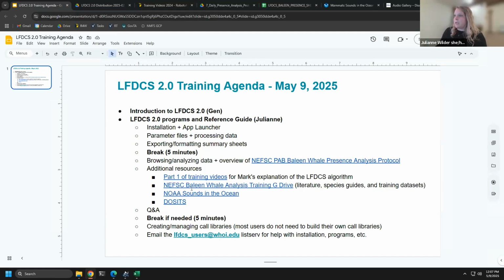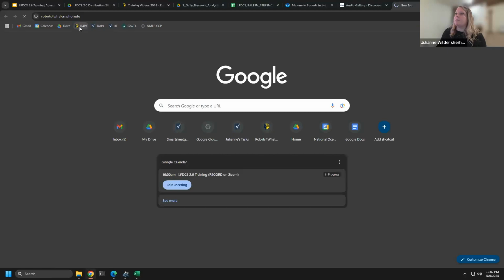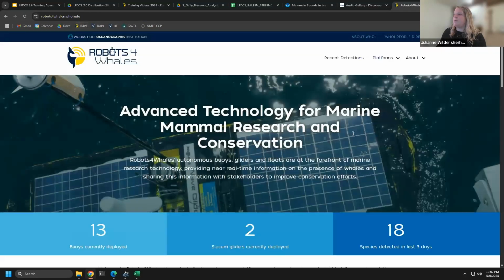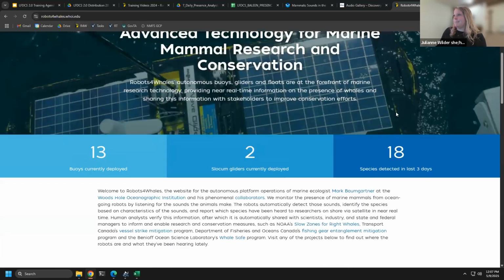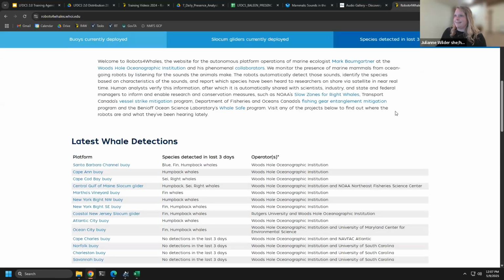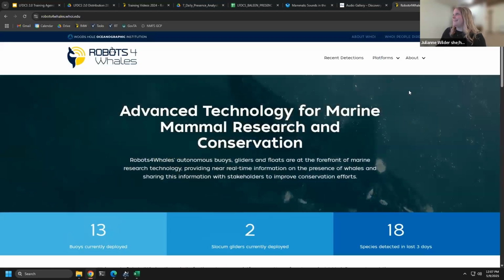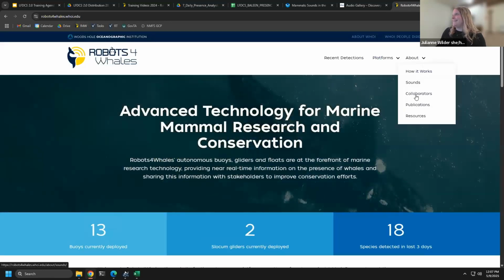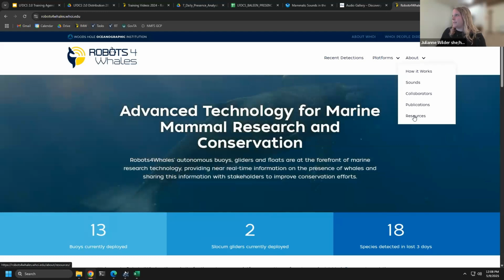So a few things. On the Robots for Whales website, I'm going to navigate it from the main page as someone would going to the web page. This beautifully redone main page, we should all appreciate because Mark worked on that and it's lovely. If you go to the About menu, go down to Resources,